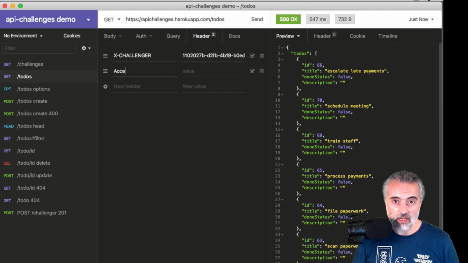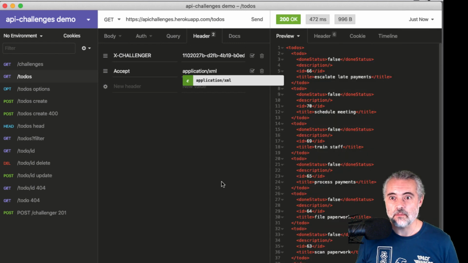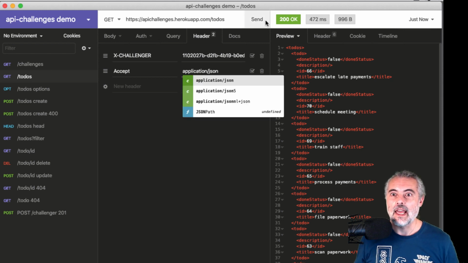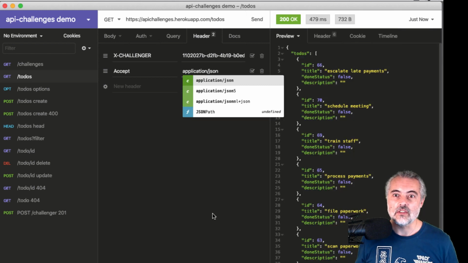putting in an accept header, and the value will be application/JSON. And if I send this request now, it will come back in JSON. Now, because that's what we were getting, it's hard to see the difference. So I'll just switch this to XML and specify I want XML. Now I'm going to deliberately say I want JSON, and we can see that the results are now coming back